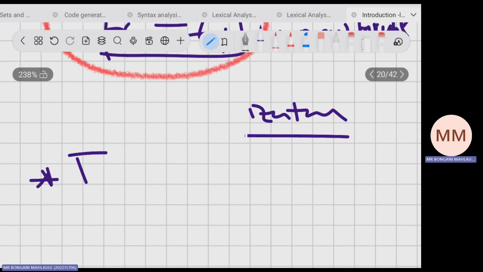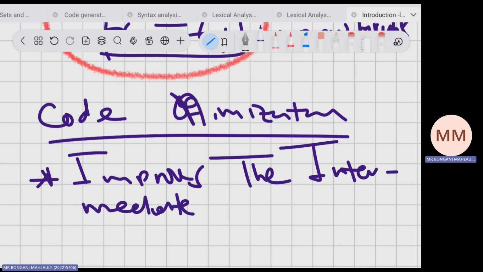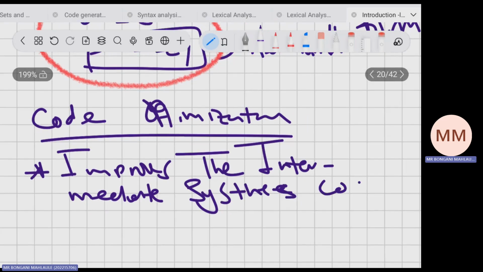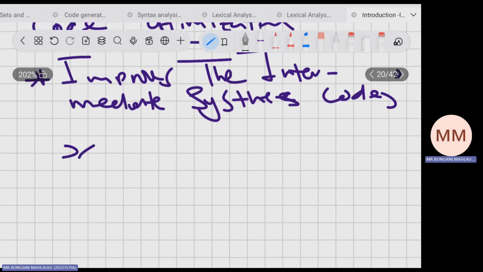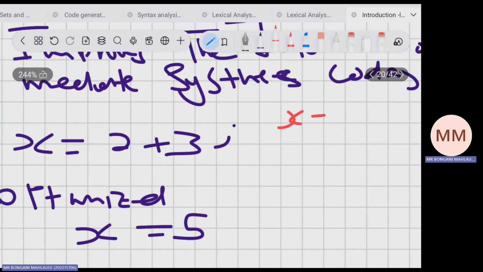Here it improves. The compiler improves the intermediate phase, the intermediate synthesis code. So if you had x equal to 2 plus 3, it will be optimized to this. Let's say it will optimize it to x is equal to 5. You see? Or if you had x is equal to